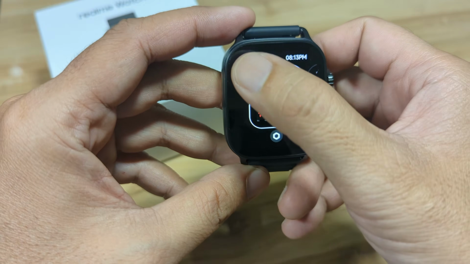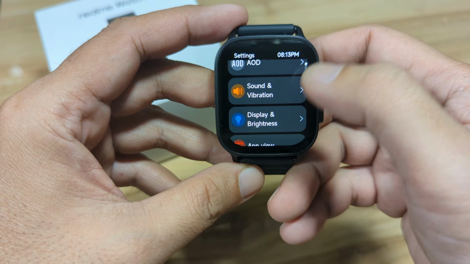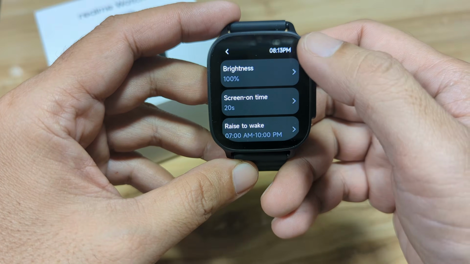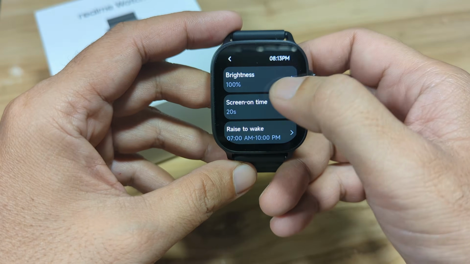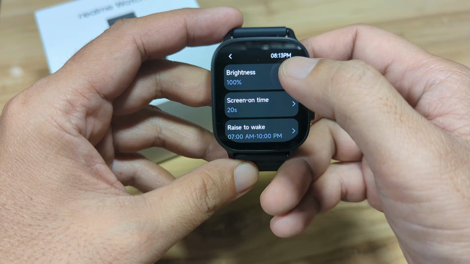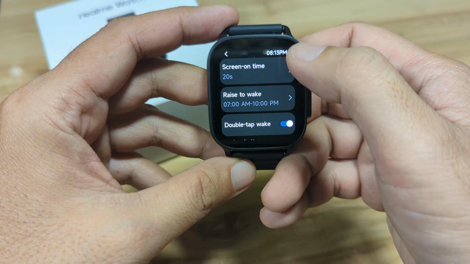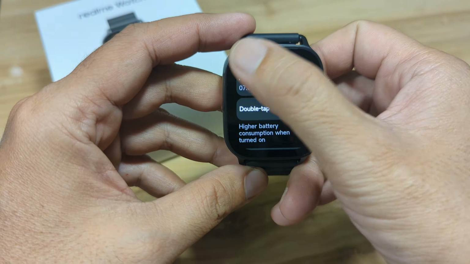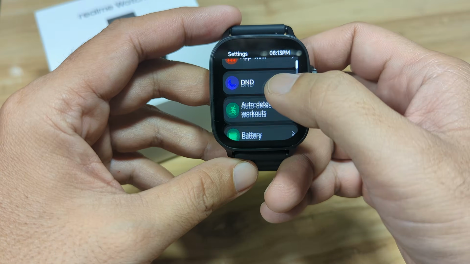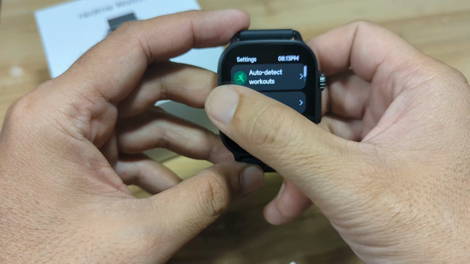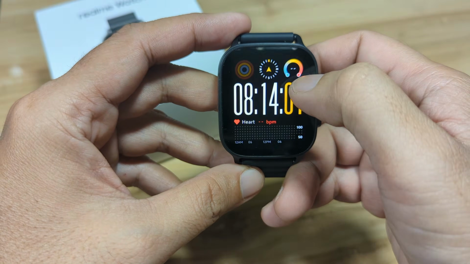We have sync watch faces, display and brightness. As you can see here, 100% for the brightness. On screen time, we have raise to wake and double tap to wake. So that's it for the settings for the display screen.